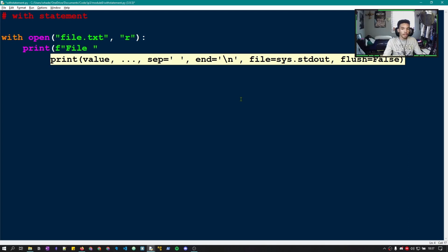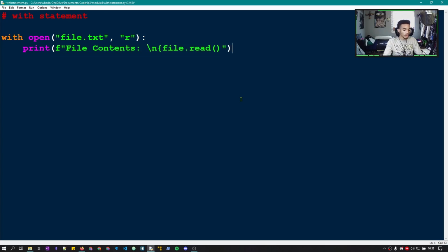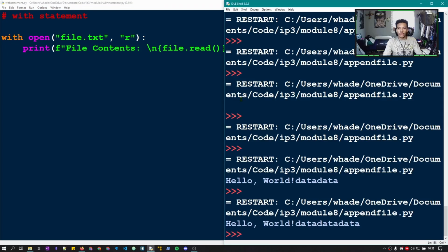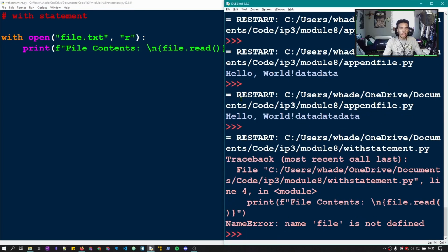We can say file contents, then a \n, and then we can just do a file.read in these curly braces, and that should be it, right? So we can actually run this, and